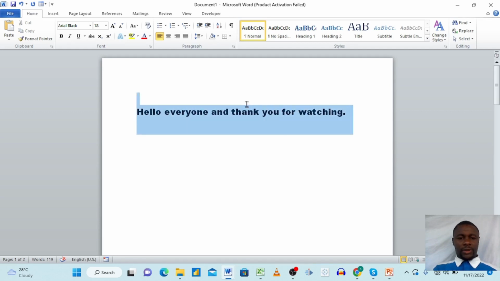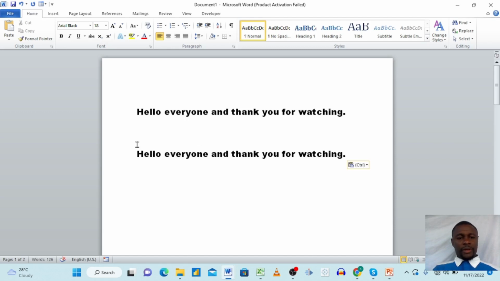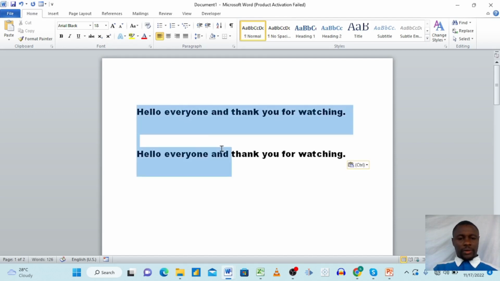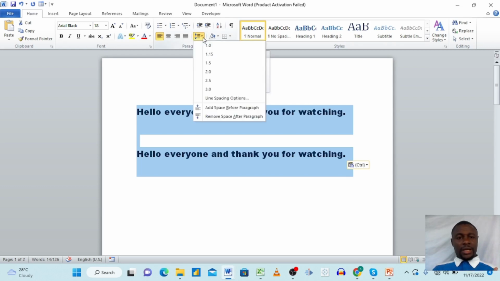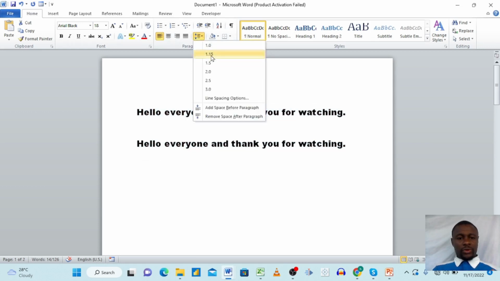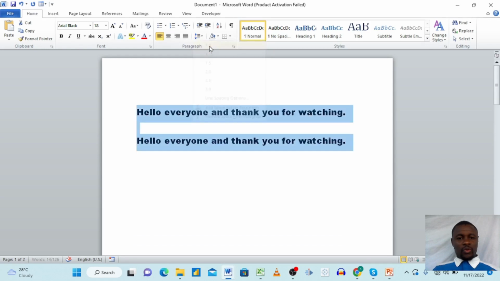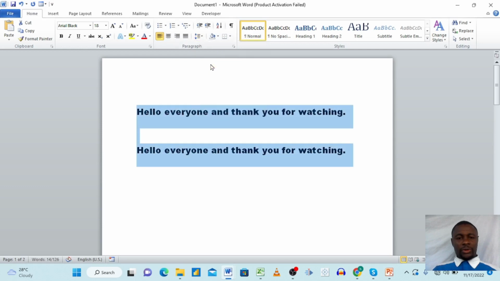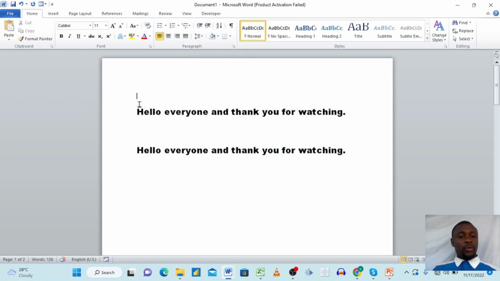Let's copy this, Control C, and then we paste it under here with Control V. Those are short forms to copy and paste, you see. And then now I want to check the spacing. Spacing is always checked between two paragraphs or two different statements or sentences that are made. If I come here and I choose, you see now, you see the spacing. If I go to 1 point, you see it gives me this result. If I come here, it gives me this result. So this is how we work